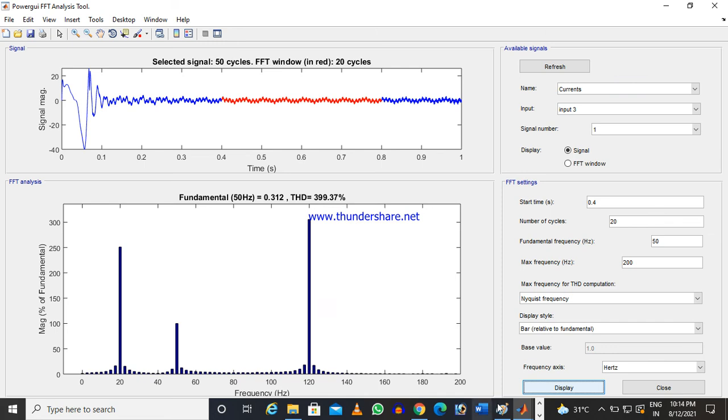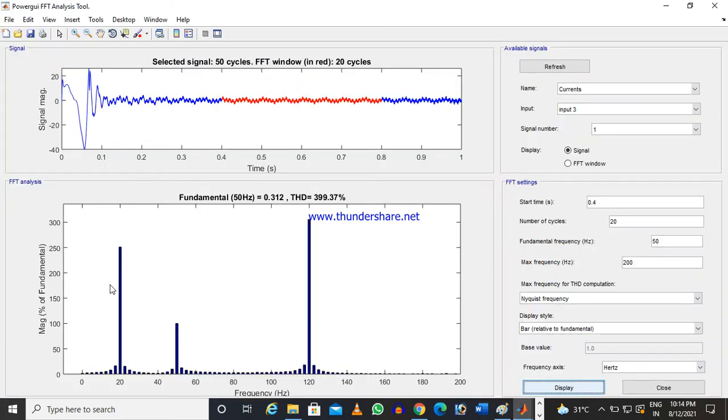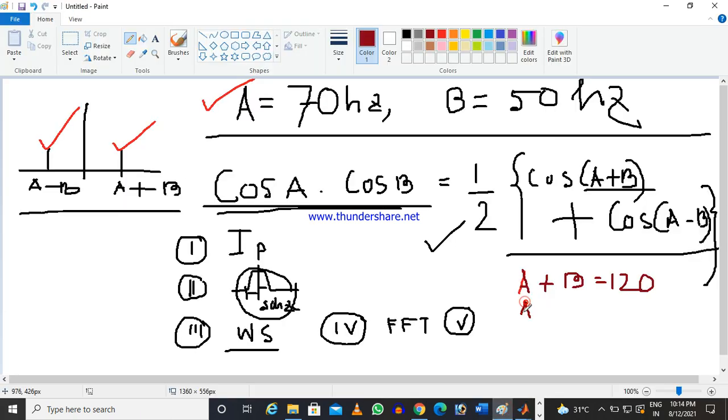So this 120 is A plus B, the upper sideband, and the lower sideband is A minus B, which is 20. So if I add both, 2A is equal to 140 and my A is equal to 70.